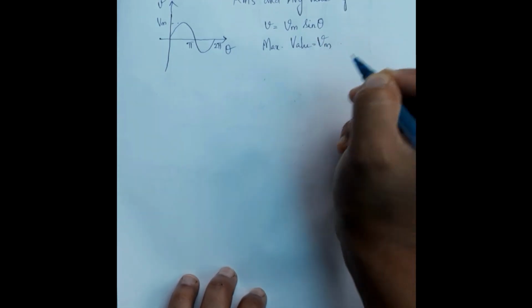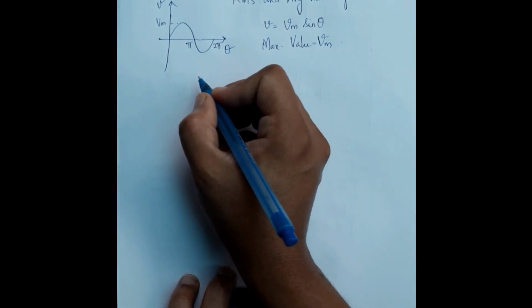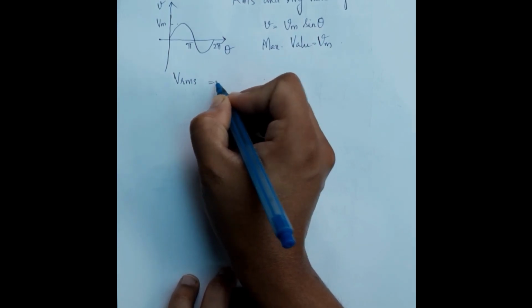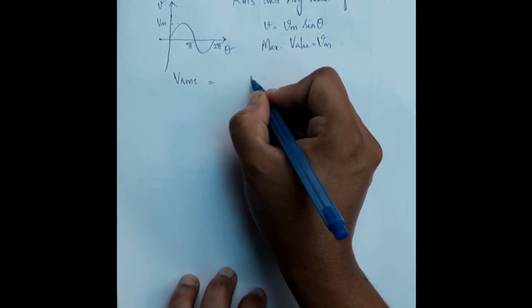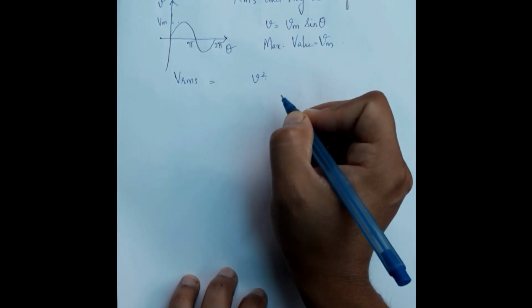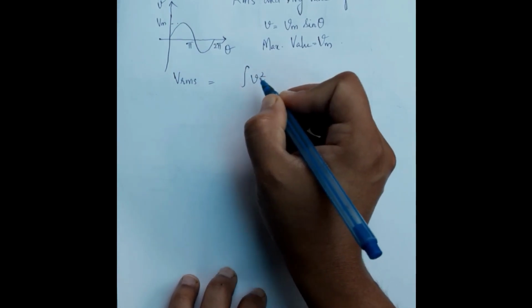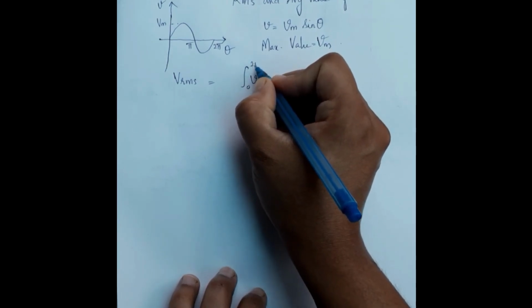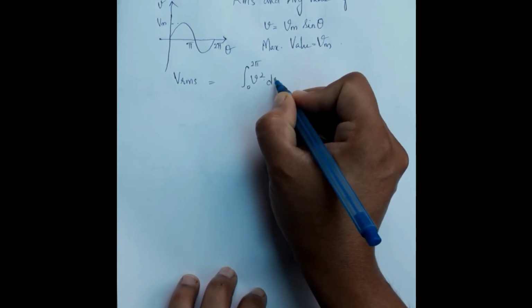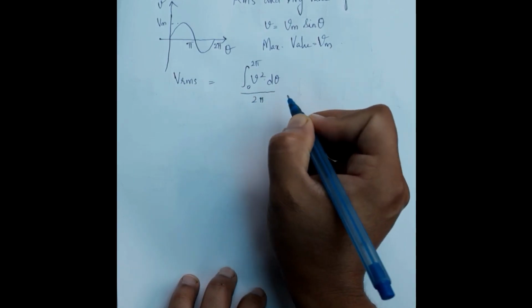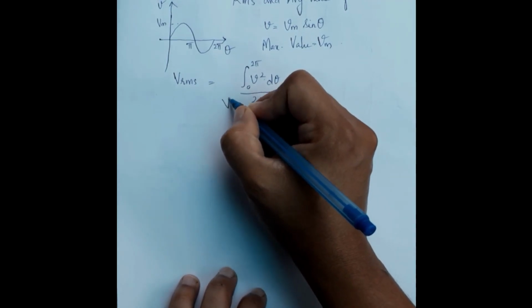To find the root mean square, as the name suggests, we should come from the back. Square. So first square our V square and find the mean. Mean is average value, which is integral 0 to 2 pi d theta divided by the total base or time period 2 pi. And the last one, root or square root.